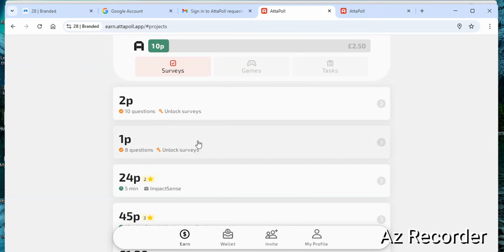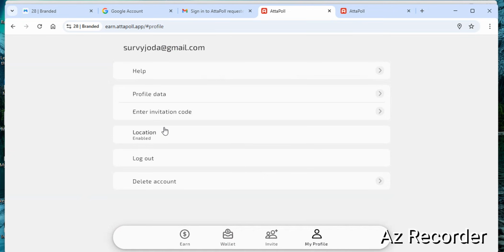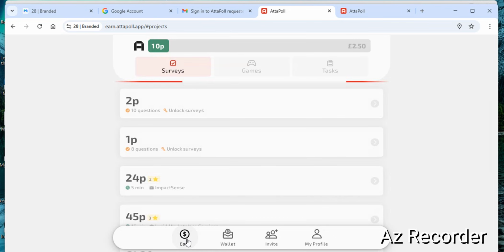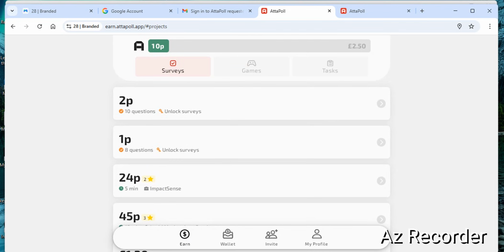If you were using London before, don't go and start using London. This is what you would use. Stick to it. The next thing to do, go to profile, ensure this is enabled. When this is enabled, you are good to go. Answer your survey. When you get to withdrawal, come back here, check here again, ensure it is enabled before you place your withdrawal. They will ask